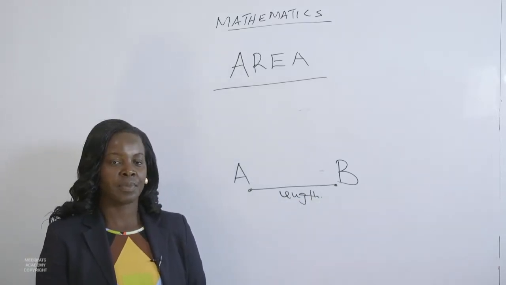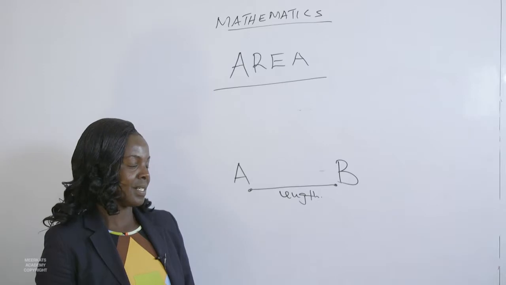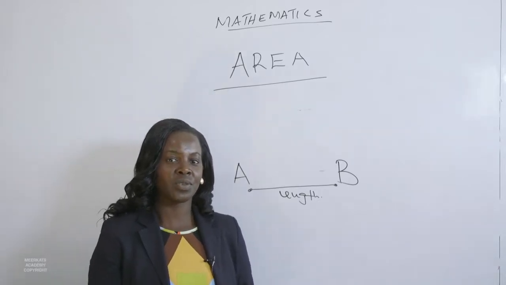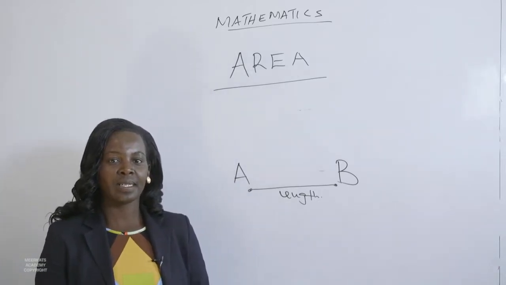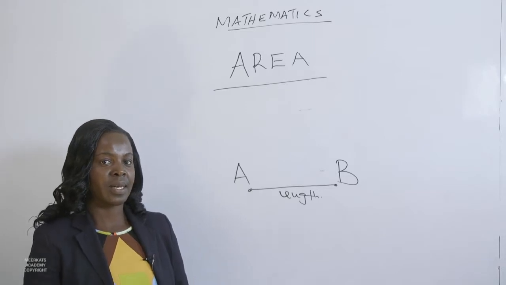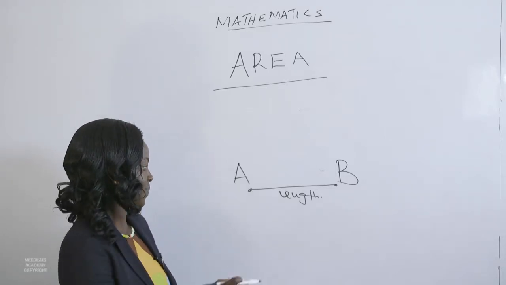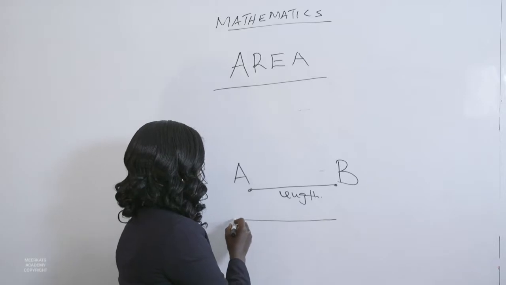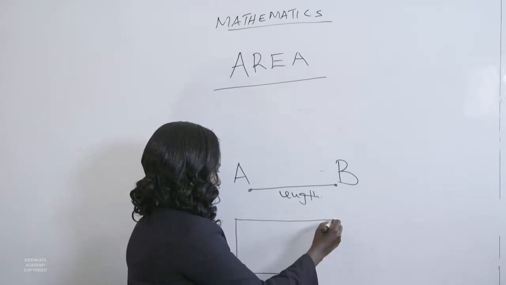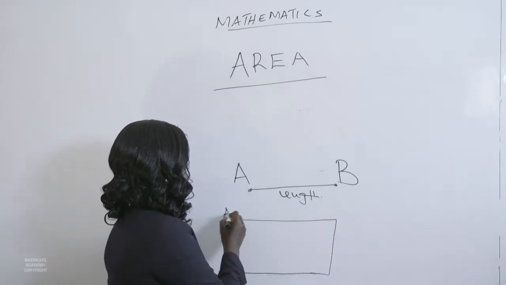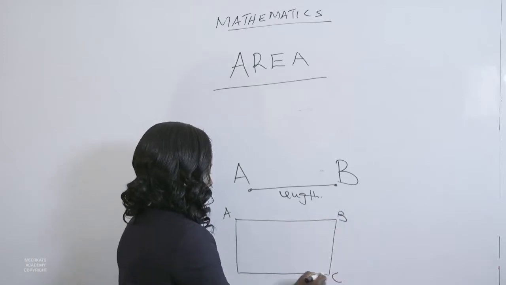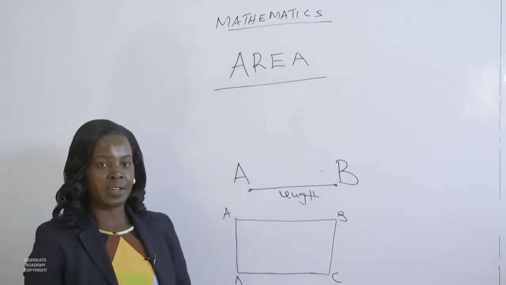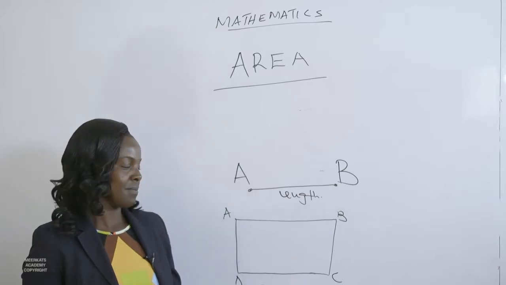And perimeter is when you are given a two-dimensional figure and you are told to find the length all round the outside of that figure. Figure A, B, C, D, as you can see,